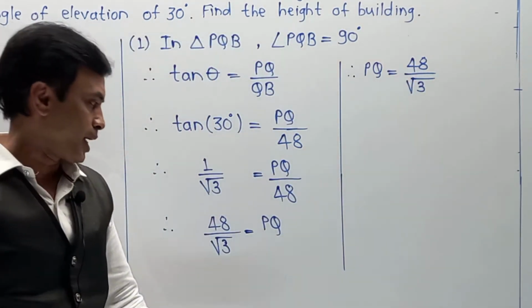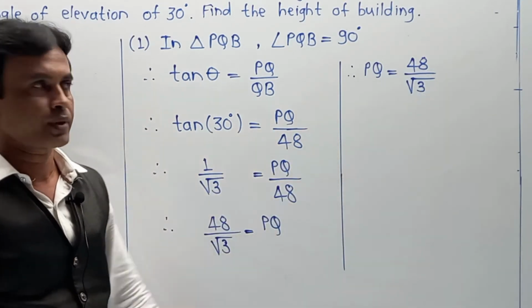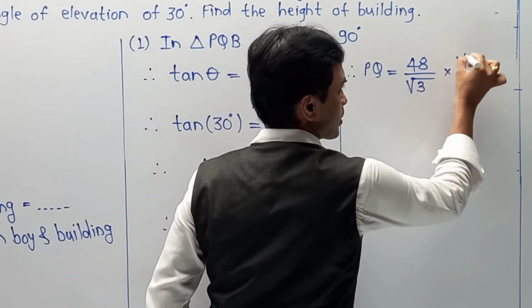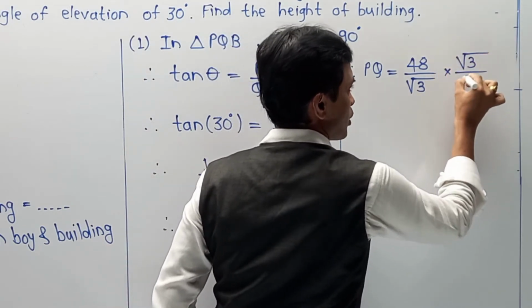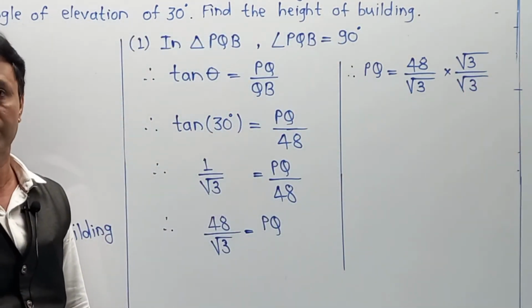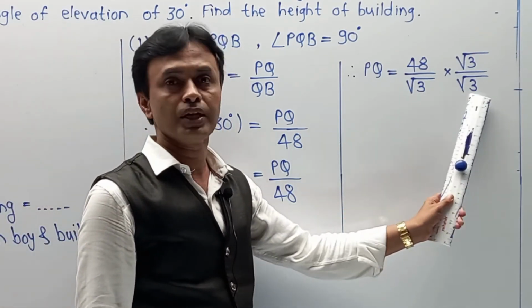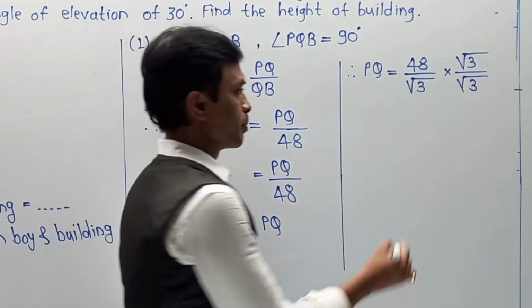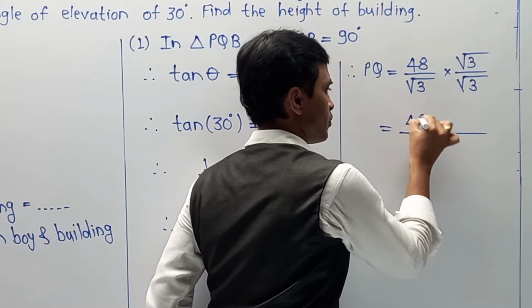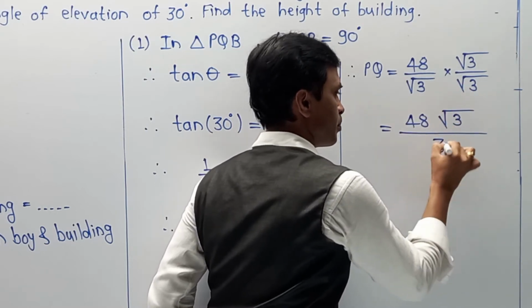Now student, as I have already written this step over here, I am going to solve the simplification from this step only. If you want to remove this root 3, multiply numerator by root 3 and denominator by root 3. This is the first step where we can do a modification. Next, this root 3 and root 3 dissolve each other and that becomes simply 3. So the numerator becomes 48 into root 3, and the denominator root 3 into root 3, simply 3.